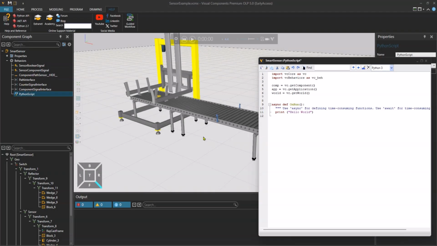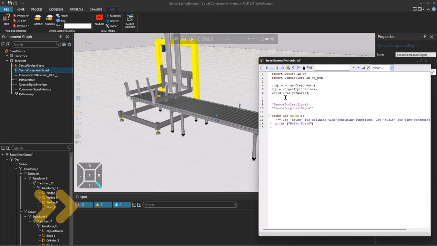Let's stop the pallet by using these two signal behaviors. Let's wait until they trigger a value. And you can also drag and drop the behavior to the editor. It will save you some typing effort. So let's drag both of them here. Let's initialize the variables.